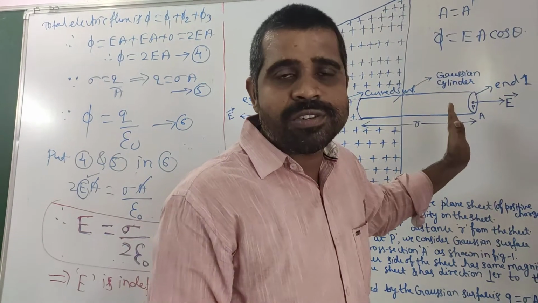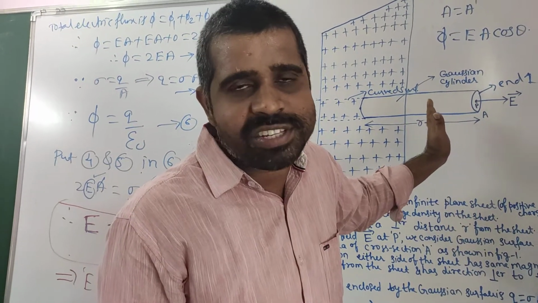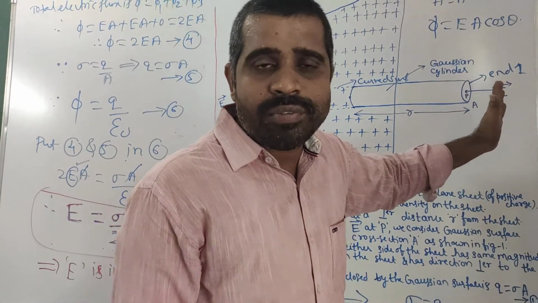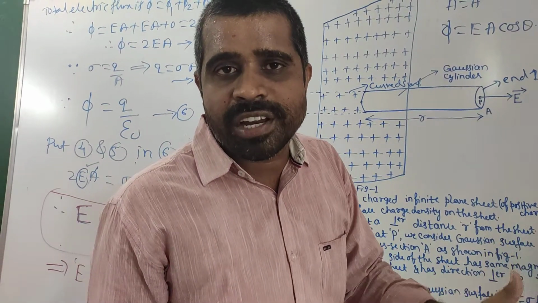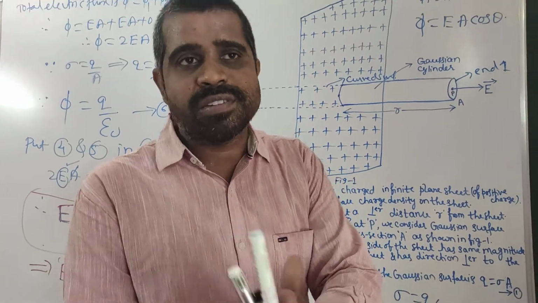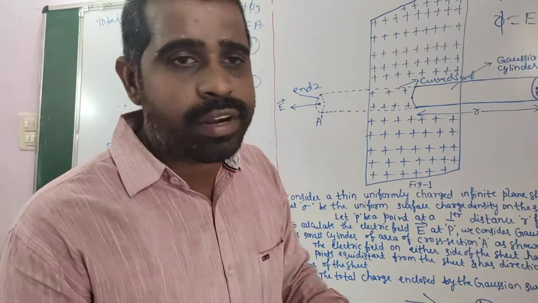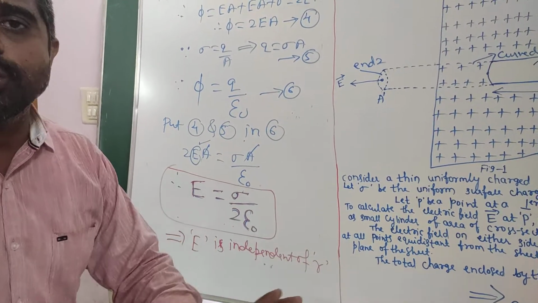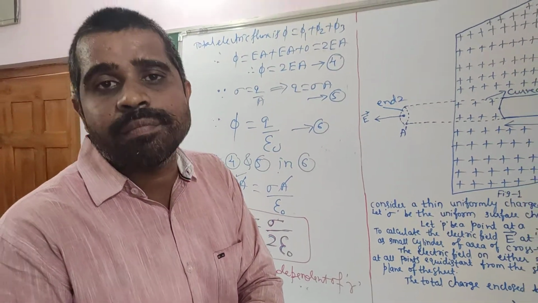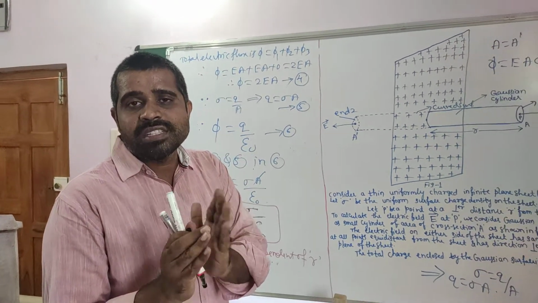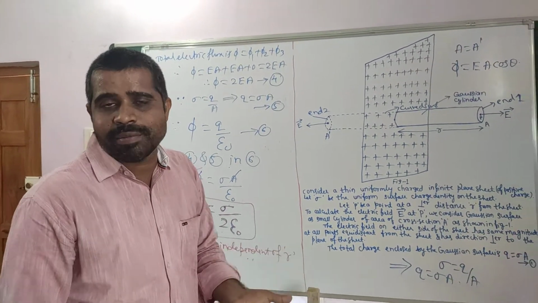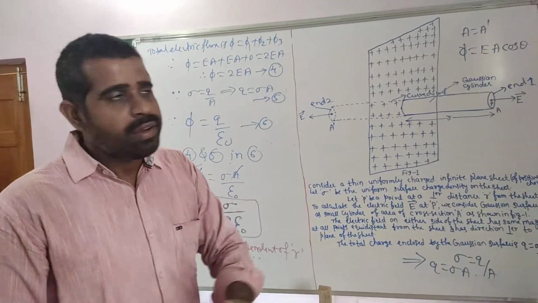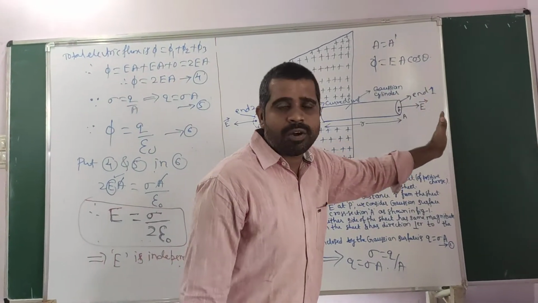Because R increases, means you are ready to say E value decreases, but this thing will not happen. As R increases, E value remains same. Why? Because our electric field expression is independent of R. Here R is not there. Our electric field depends upon only surface charge density sigma, because 2 is constant, epsilon is constant, then E value varies only upon sigma. Okay? And whatever may be the R, our electric field is same.